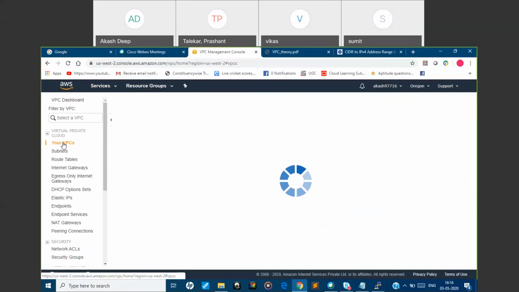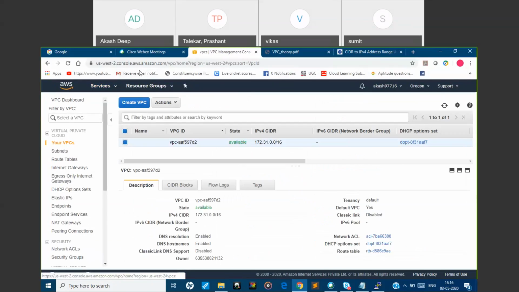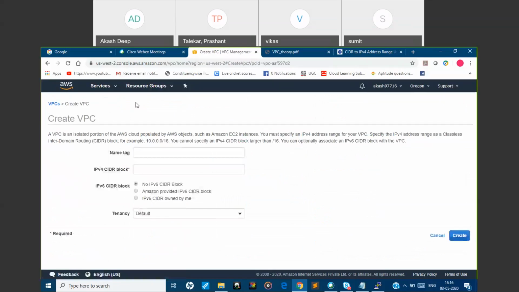Go to your VPC. Click on create VPC. My VPC demo 2, 192.8.0.0.